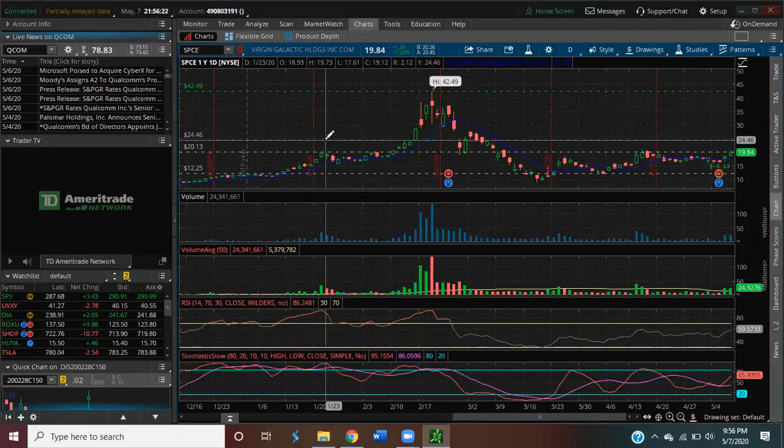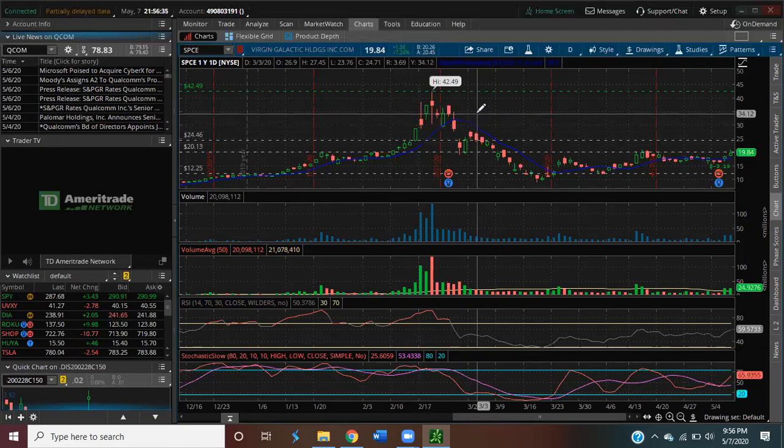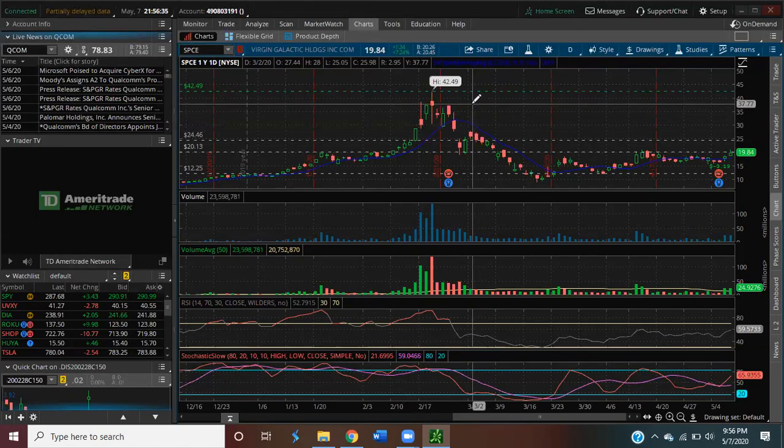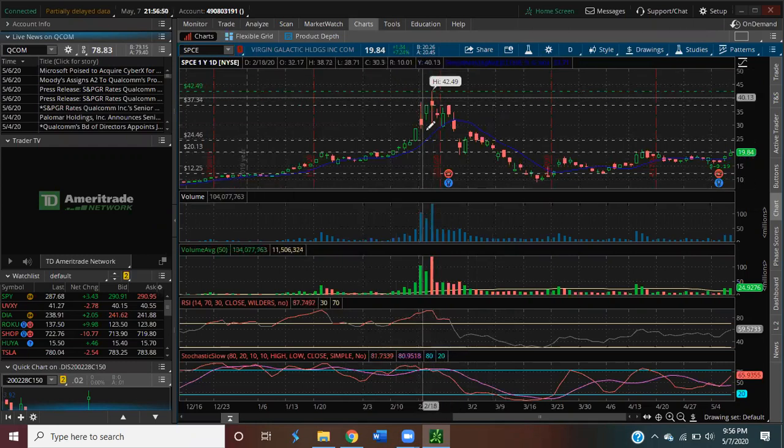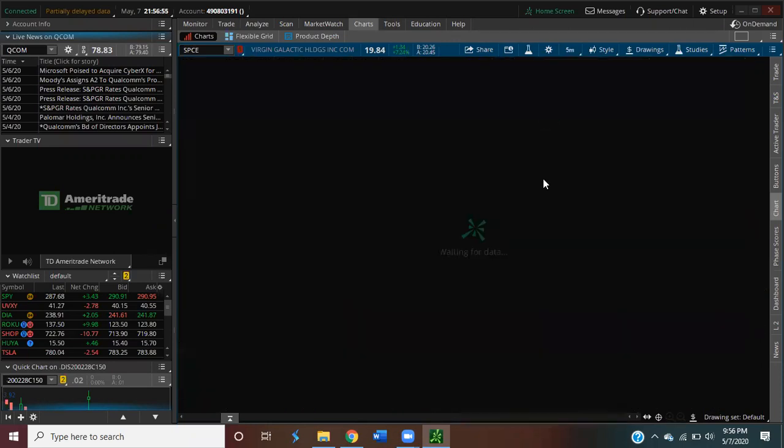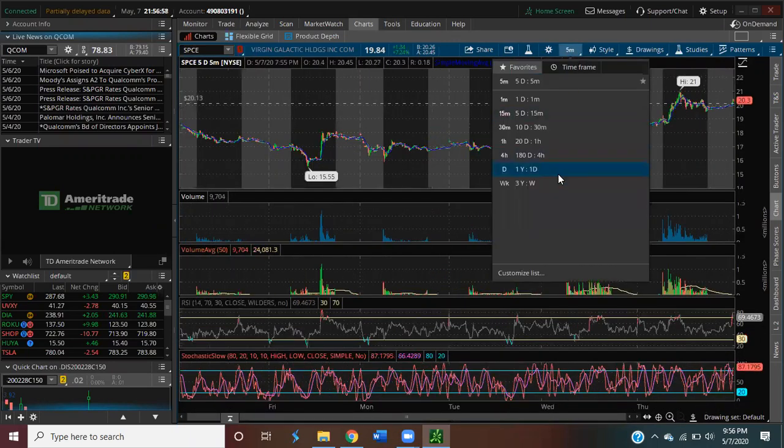Got a little bit right here with these 2 candles, 3 actually, maybe more than that. We have a little bit right there maybe. So we have these major levels in mind for Space. So if I'm day trading, I want to have in mind these levels. So like I said a while ago,